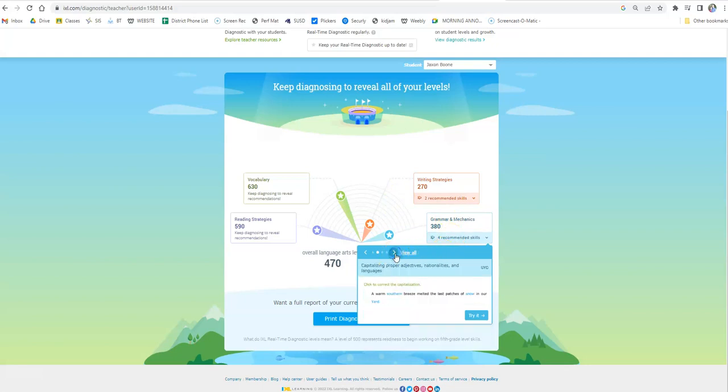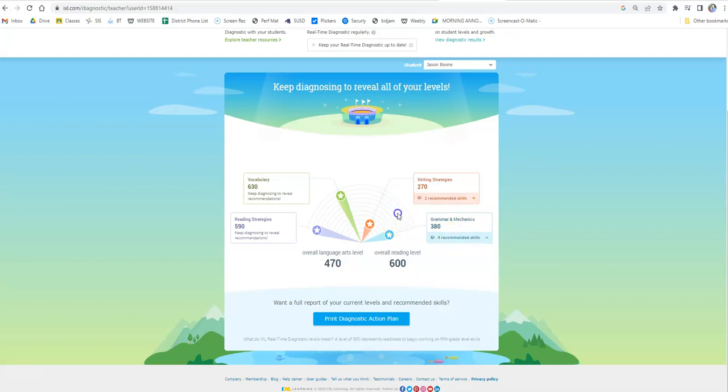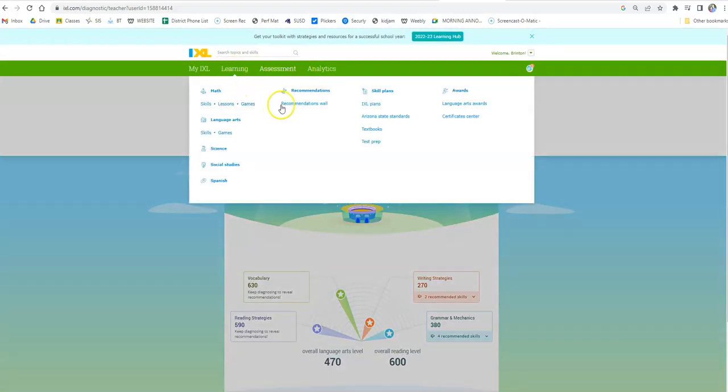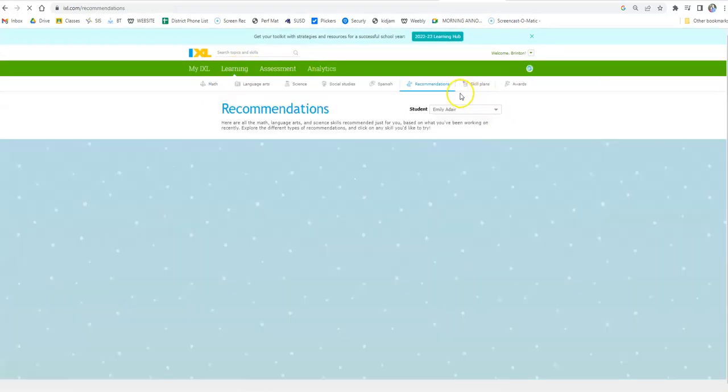We can come in, this one actually has 4 recommendations. They can work straight from these, and that will help them out. They can also go back to that recommendations wall. So if I went back in here and came to the recommendations wall and went to the same student,